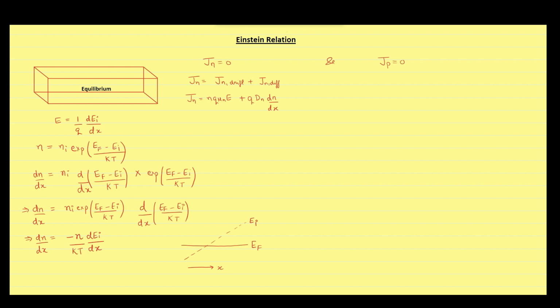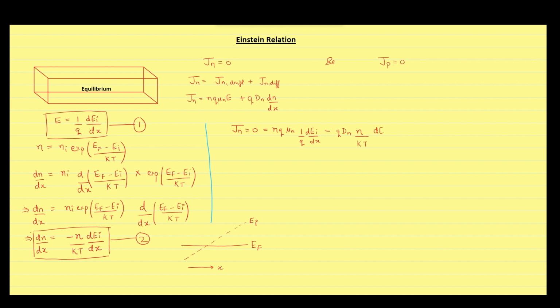Now, after putting the value of electric field and differential of free electron concentration with respect to x in the equation for net current density due to electrons, we will get an equation in which free electron concentration and magnitude of charge will cancel out. The final result will be